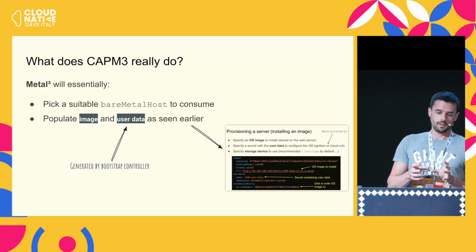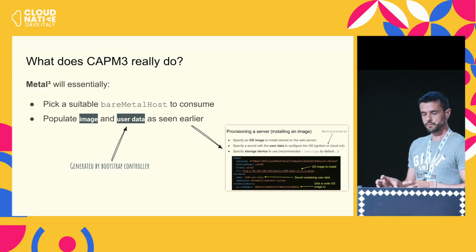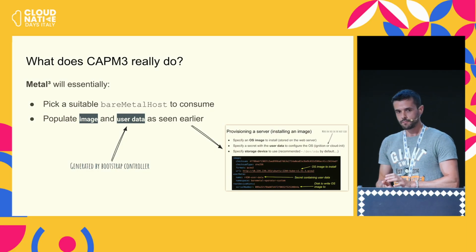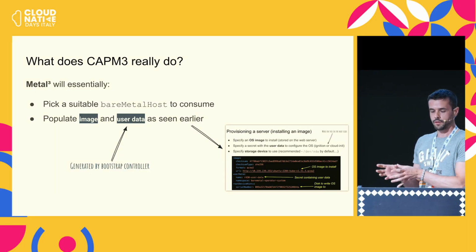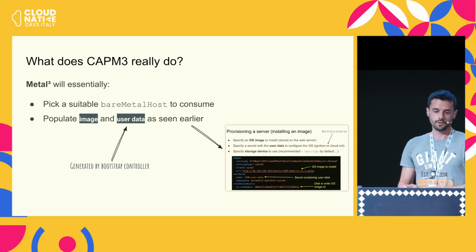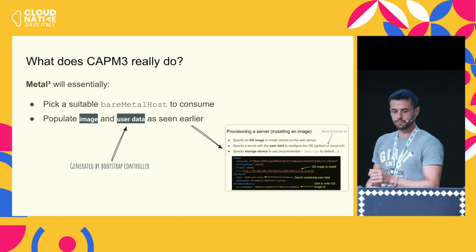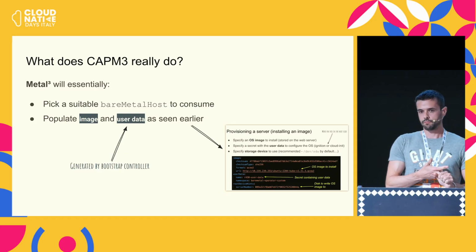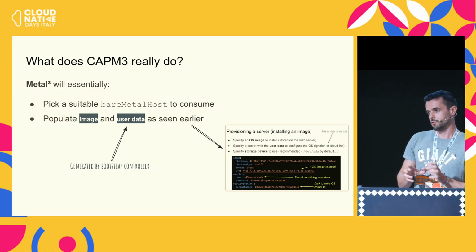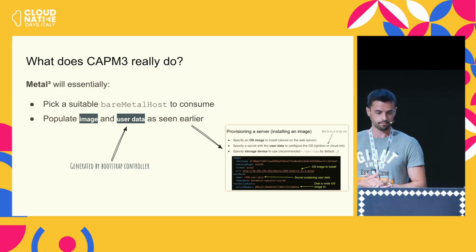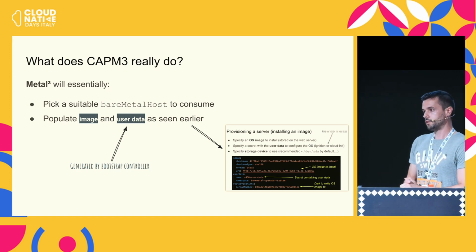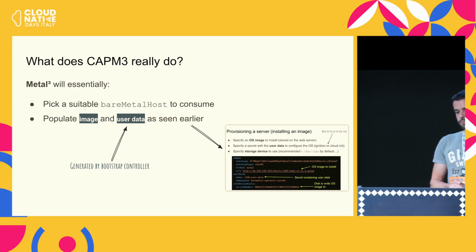The extra step is that it's going to pick up one of the bare metal hosts to provision the machine. So you can have labels and stuff to pick whichever bare metal host you want to use, because they may be in different racks, different buildings, they might have different hardware configurations. So you need to be able to pick specific hardware to provision your node pools. And instead of writing the user data ourselves like I did with the HTTP proxy variables, this will be created by the Bootstrap controller automatically.